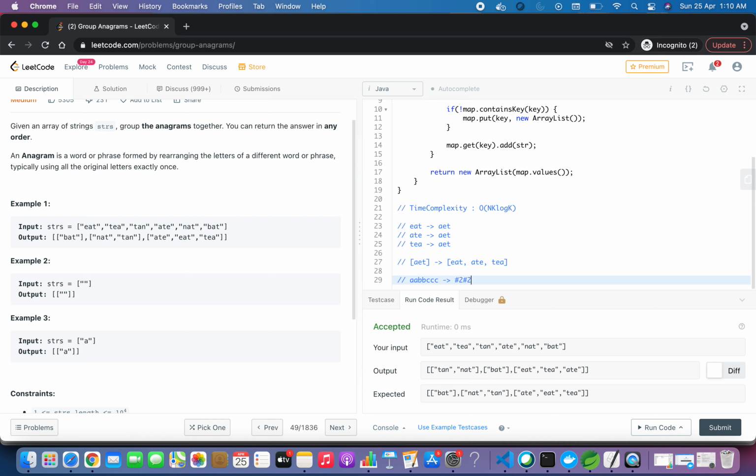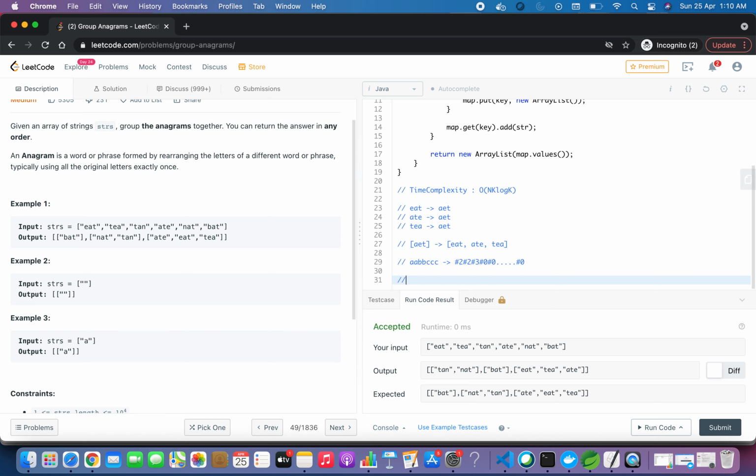B occurs 2 times, so this will be 2. C occurs 3 times, so this will be 3, and so on and so forth. The rest all occur 0 times, so it will be 0 till 26, up to z. So if two strings are anagrams, say suppose eat, they will have a similar encoded frequency value.